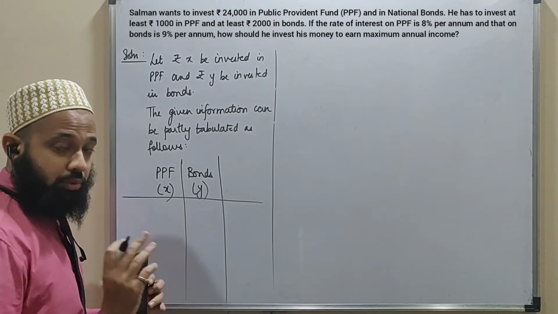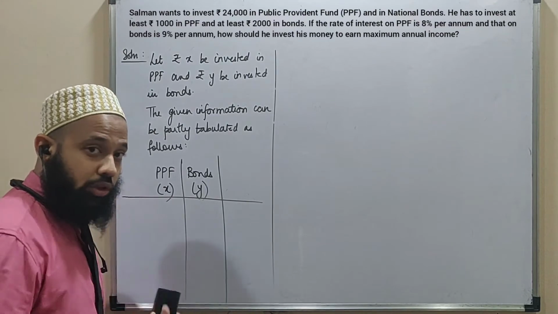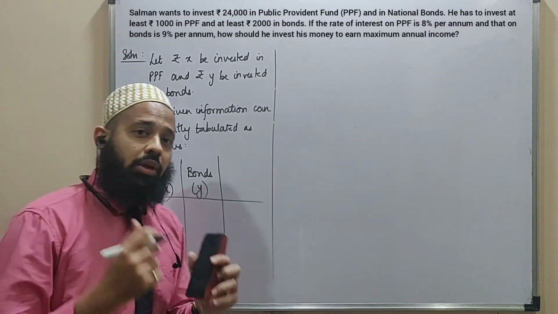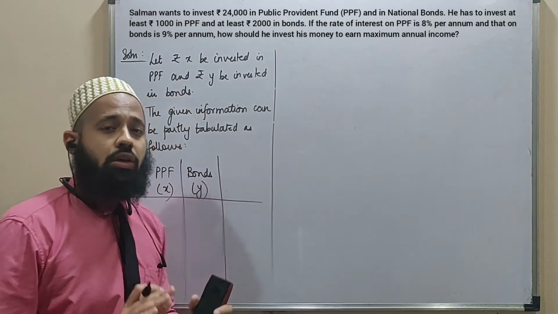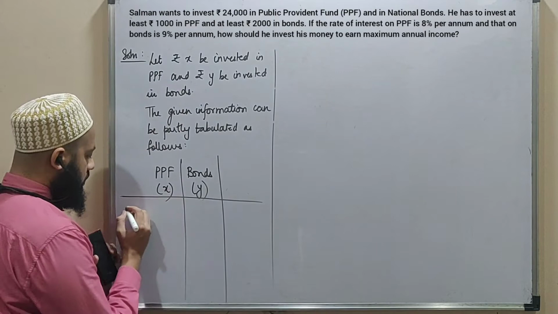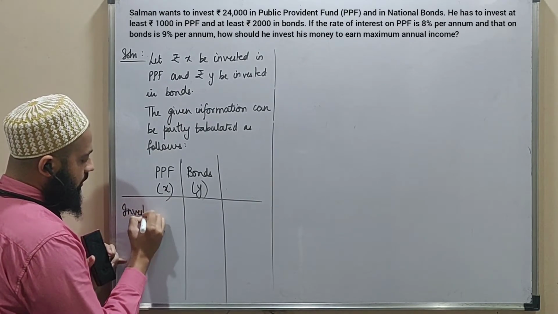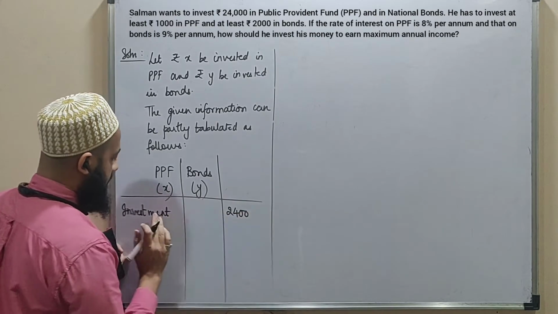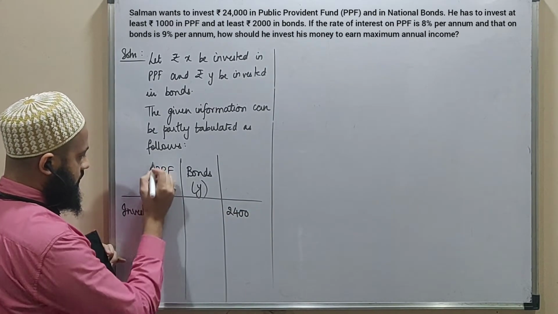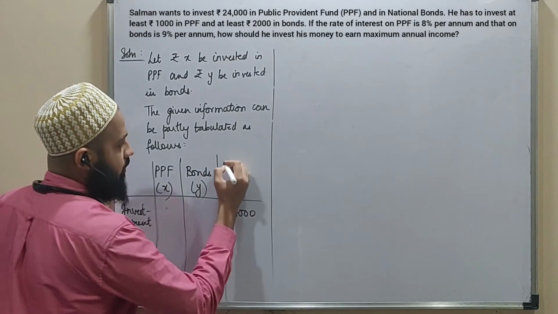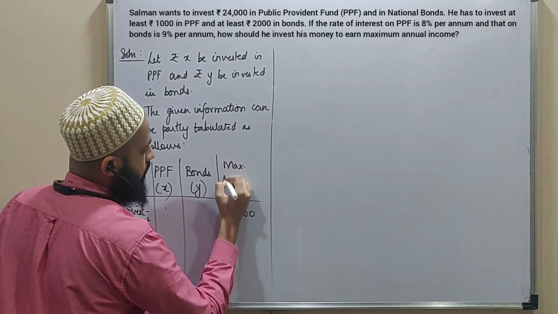I have a maximum amount to invest. You have 24,000 with you right now, just like the previous sum where the fans and the sewing machines had a limitation of investment. Similarly, here there is a limitation of investment. You cannot put more than 24,000 rupees, right? So the investment constraint says you cannot put more than 24,000 rupees. So that's the max availability with you.